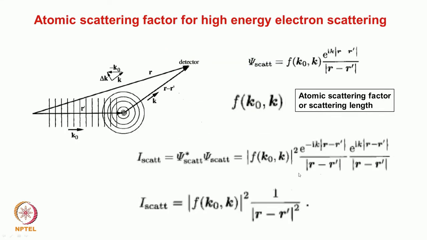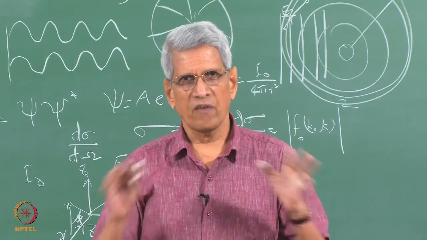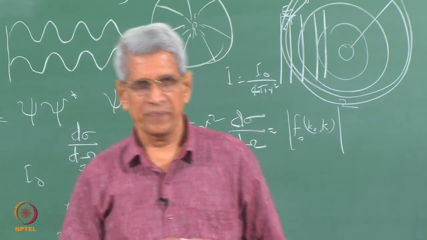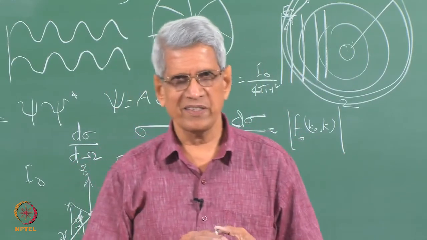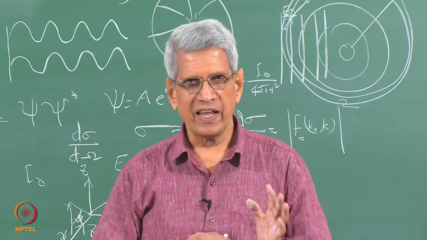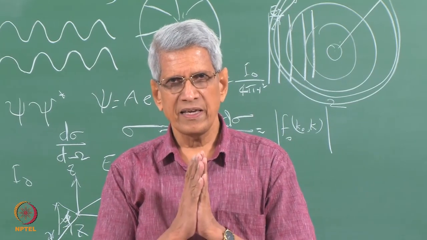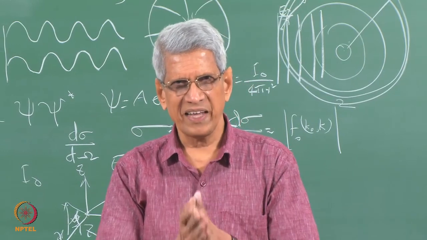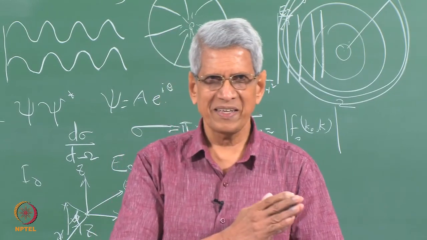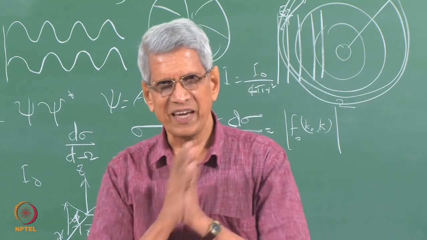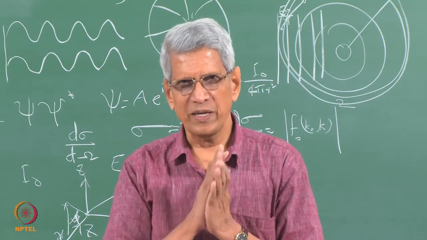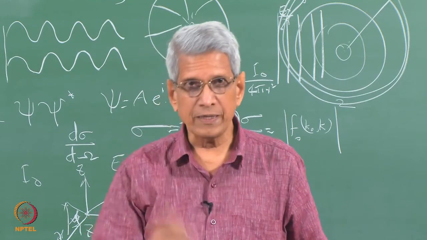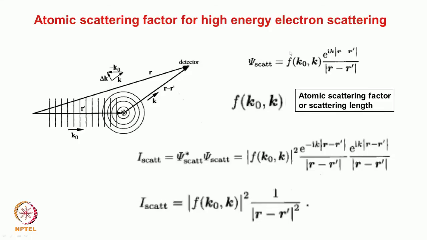Now, let us take the case of an electron. In the case of an electron, what is the sort of interaction which is going to take place? We could understand what is going to happen in the case of an X-ray. In the case of an electron, it is essentially an interaction between two charges: the charge of the electron, the charge of the nucleus, and the charge of the electrons surrounding the nucleus in the atom. This is essentially a Coulombic interaction which has to be considered.